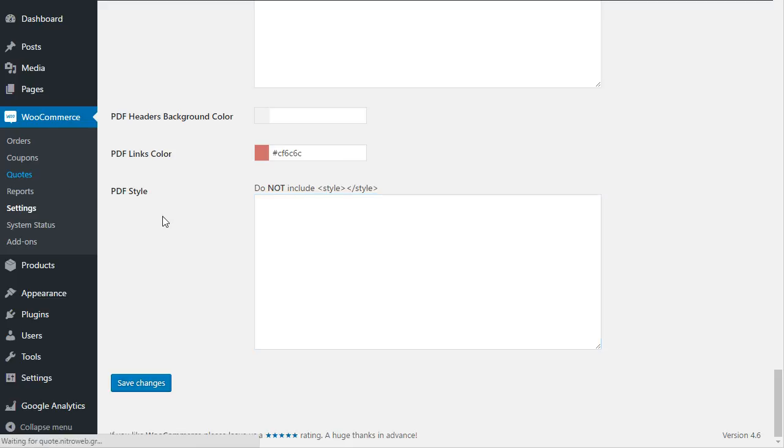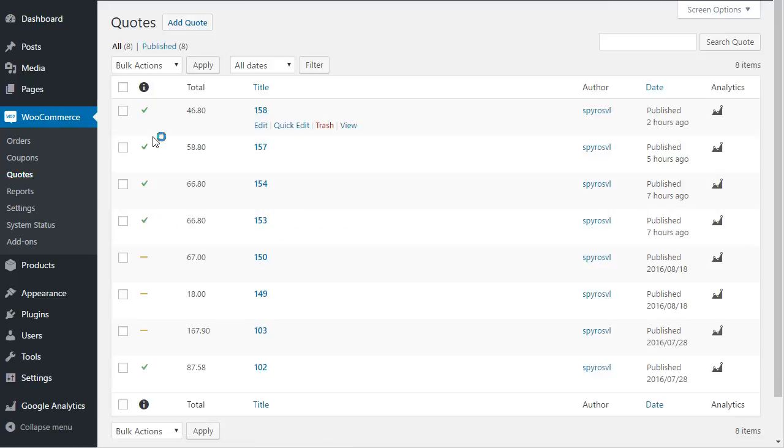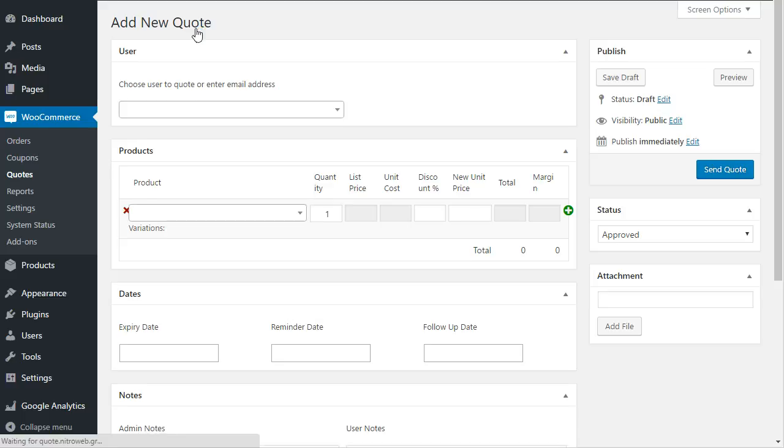So now we're going to see how to add a quote on the backend. I clicked on the quotes, I see a list of previous quotes, and if I want to send an offer to a friend of mine, a VIP user or VIP client, I can click on Add Quote. Let's say that